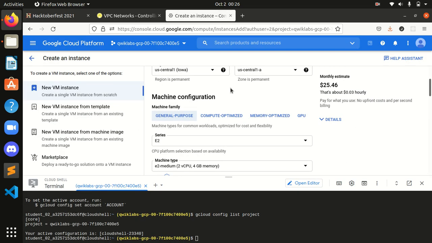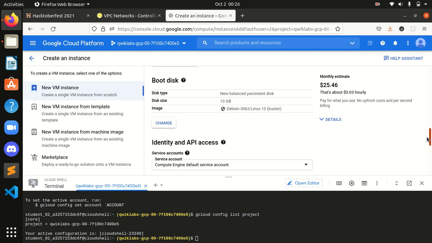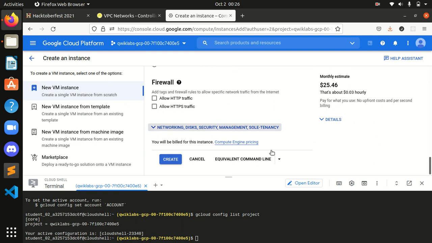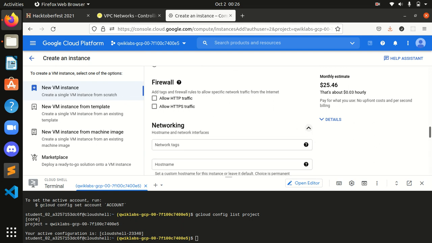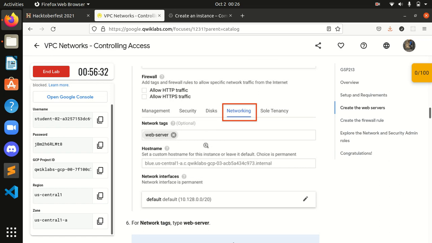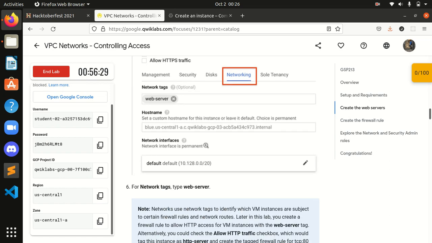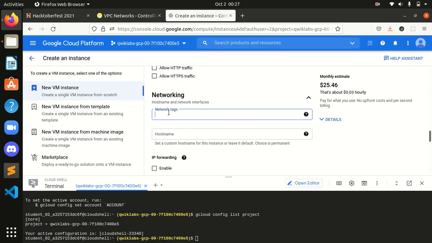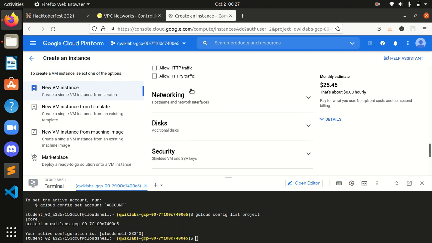Okay, by clicking networking, it is here, right? We have to get into networking. I am in networking, guys, and after that, for network tags I have to type web server. Okay, I have typed that also.